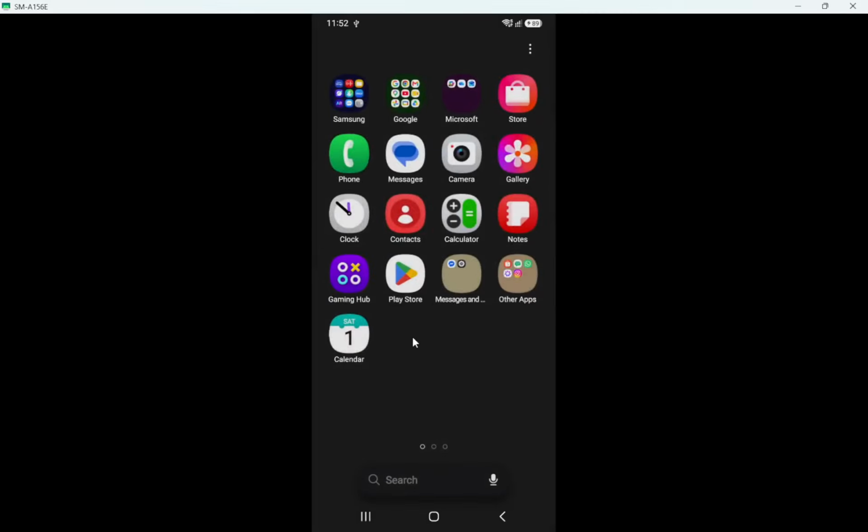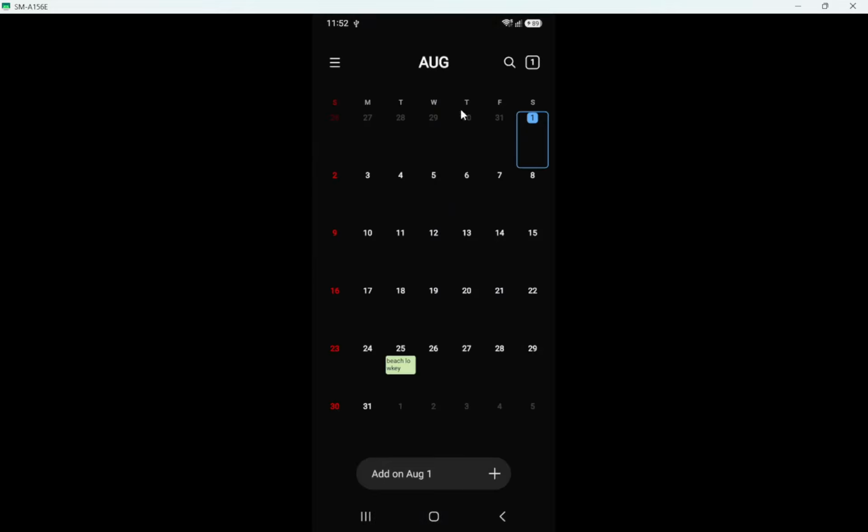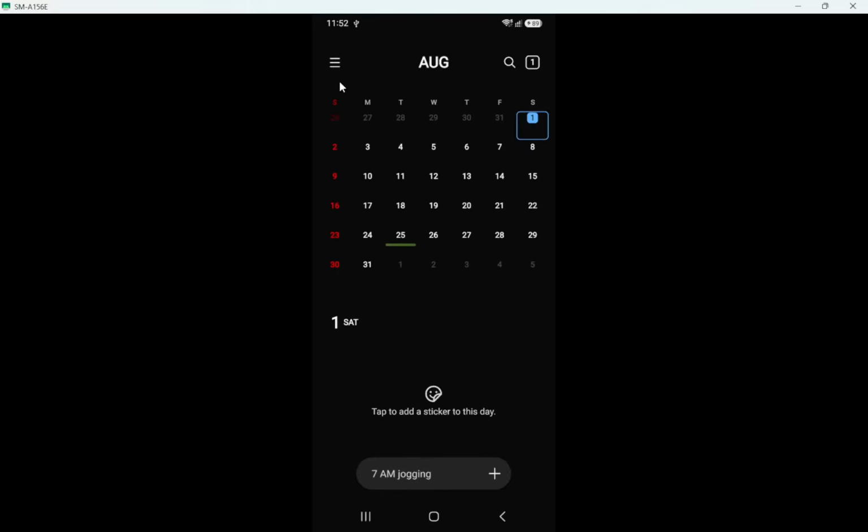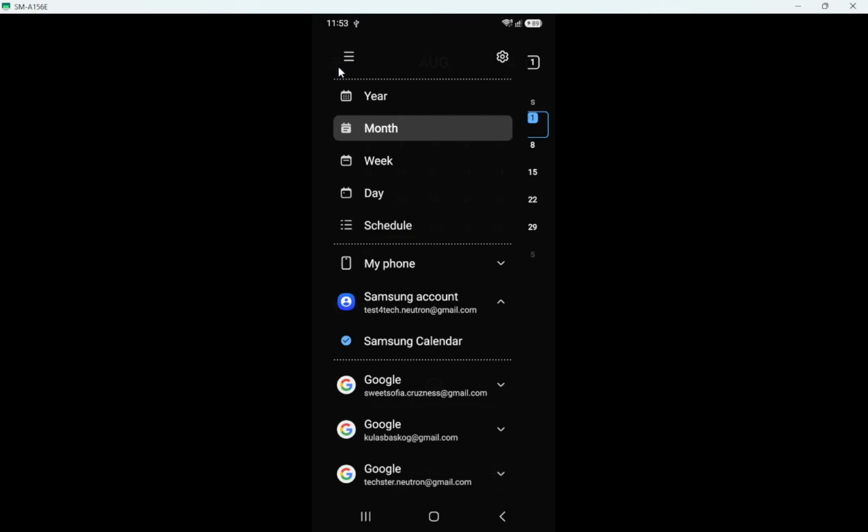Once the account side is set, open Samsung Calendar. Find the Calendar app icon on your home screen or app drawer, and tap it. When it opens, you should see your month, week, or day view with any events that were already on the phone. Next, tap the Menu button. This is the 3 horizontal lines in the top left corner of Samsung Calendar.